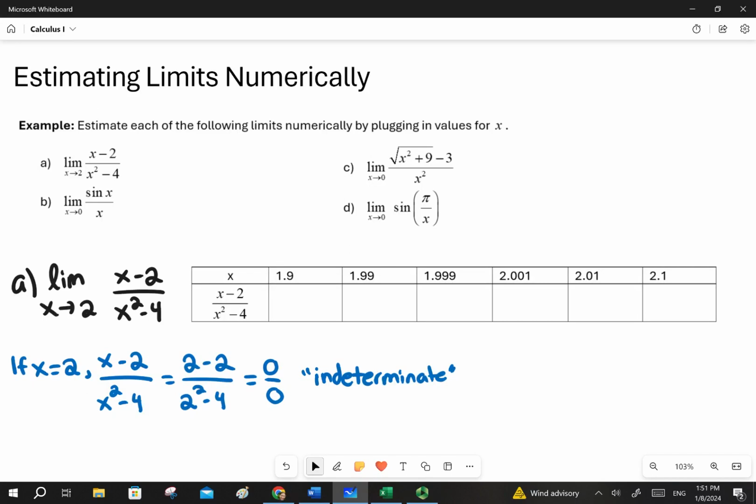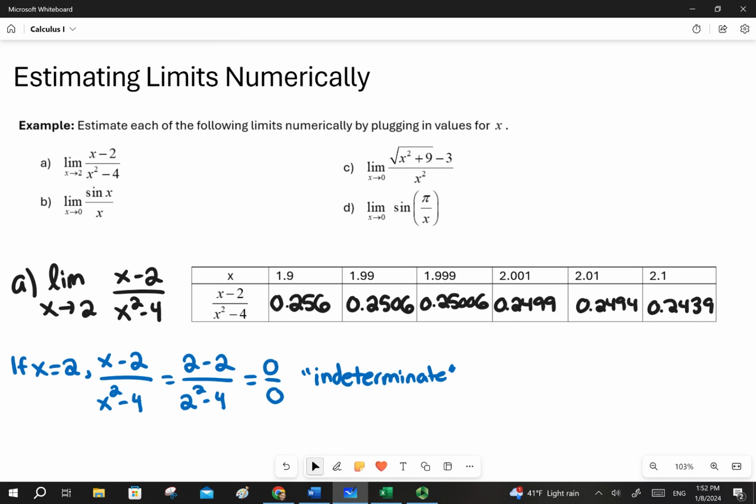Limits are about what happens as we approach the value anyway, so we don't actually care what specifically happens at x equals 2. Plugging each of the x values from my table into my calculator, I get the following numbers. 0.256 when x is 1.9, then 0.2506 for 1.99, and 0.25006 for 1.999, and then approaching from the other side,